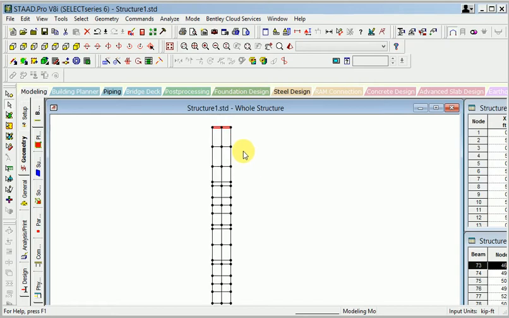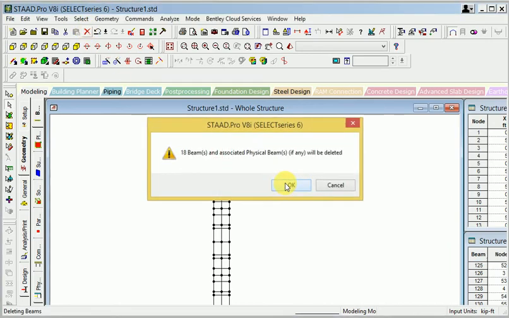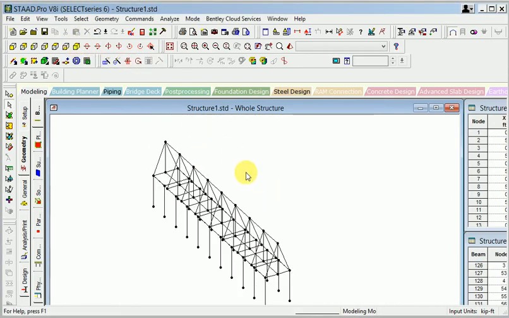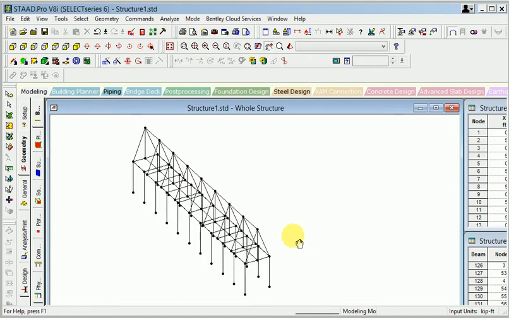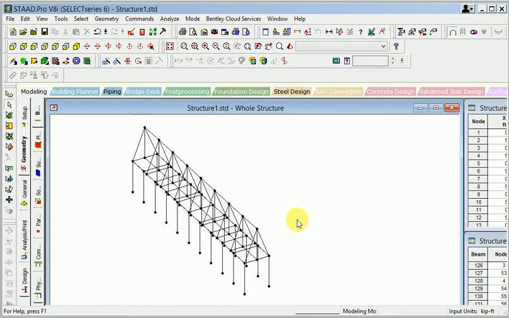Here you can see that I go to delete this particular member. See this, here you can see that. And if you want to work in this particular area and this area, so I have to go to